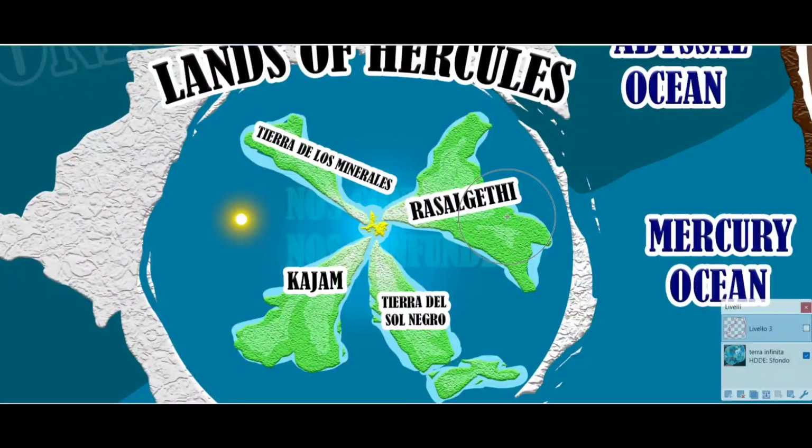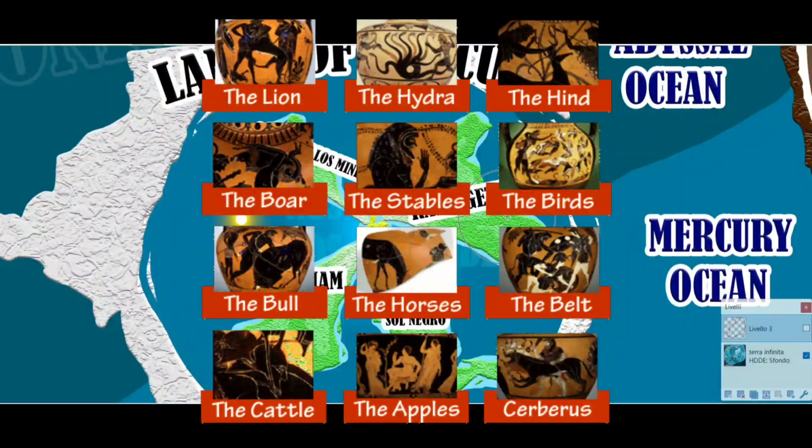So continuing with the myth, Hercules goes down this Tierra de los Minerales, arrives at the underworld, and he meets up with Hades, or Pluto himself, the god of the underworld. And instead of trying to take Cerberus from him violently, he just asks Pluto if he can take Cerberus and come back to the world of the living, bring Cerberus to the king Eurystheus, and then bring Cerberus back. And Pluto is, of course, very, very confused by all of this, but he kind of accepts the challenge because he can see that Hercules went through a lot. Remember, this is his 12th labor, and he's just done with it. He can't take any more of them.